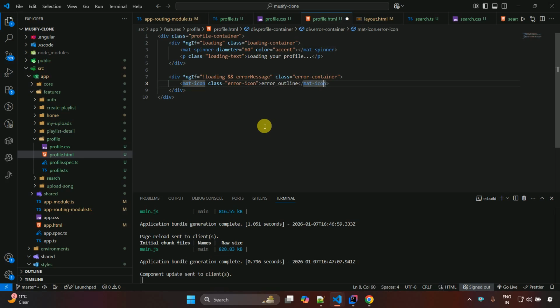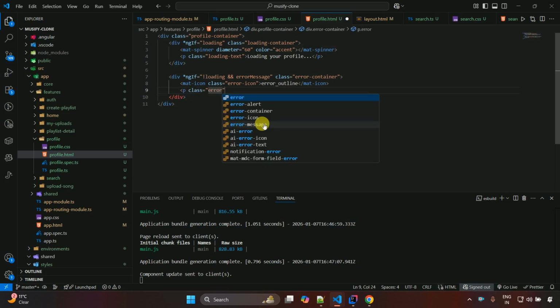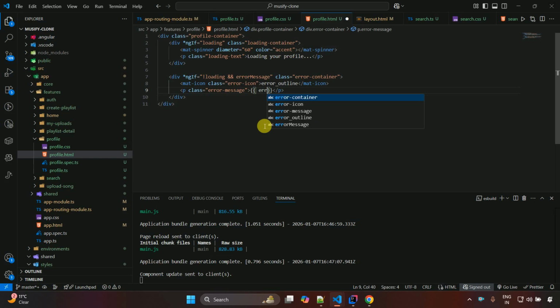And after this, the paragraph p class error-message and curly brackets, and over here we're going to just show the error message,